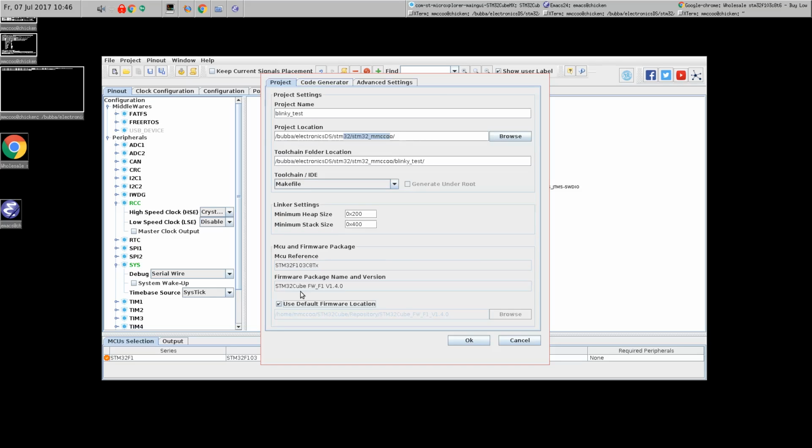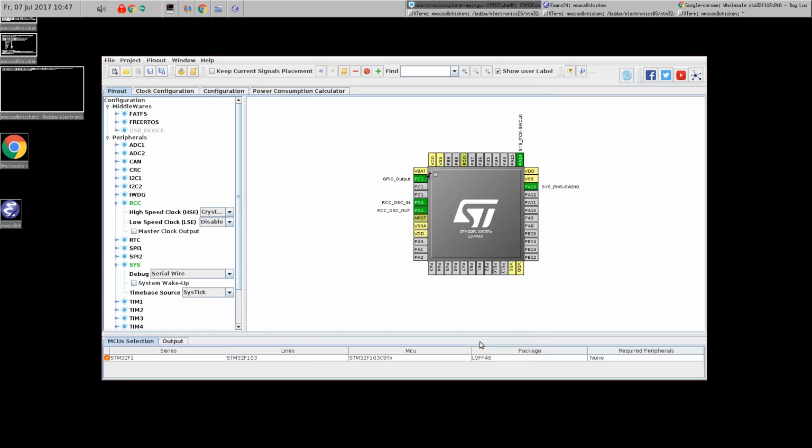Last, you will need to ensure that you have the hardware abstraction layer firmware installed. STM Cube will look for it here. STM Cube also has the feature of being able to download this for you automatically, but for me it did not work. But if you go to the same link where the STM Cube application lives, you'll also be able to find the firmware there. Okay, once that's complete,